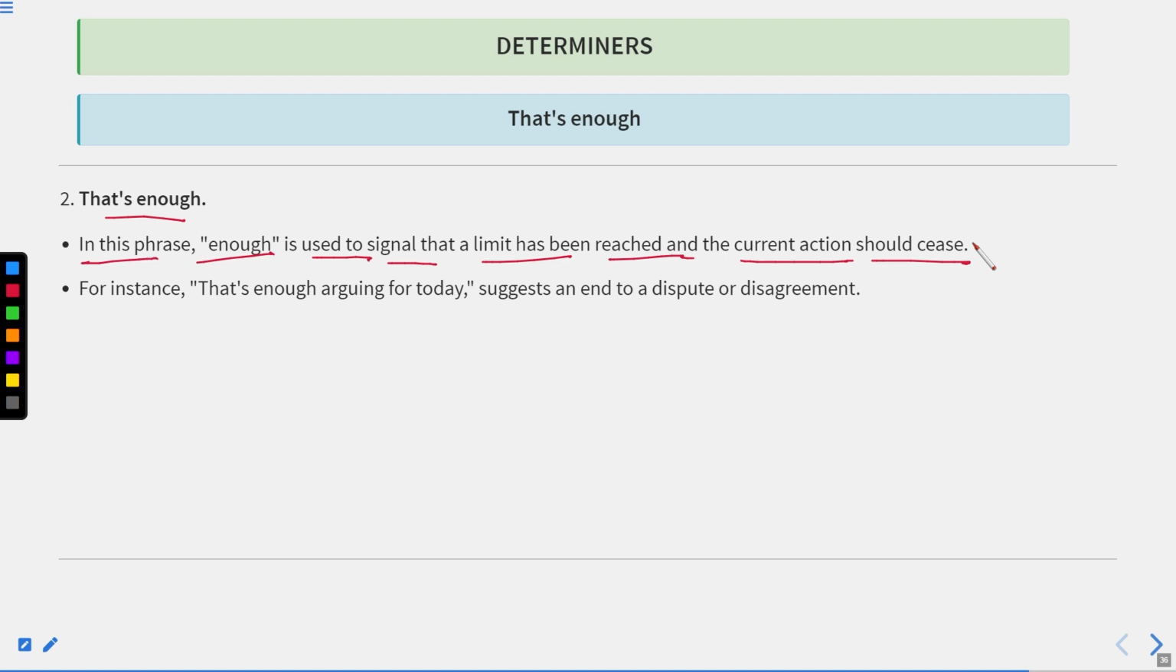It means it is sufficient. We do not require beyond this. Okay, so we can say that's enough. It means the limit has been set that we should not go beyond that. Okay, for instance, that's enough arguing for today. Suggest an end to a dispute or disagreement. Okay,